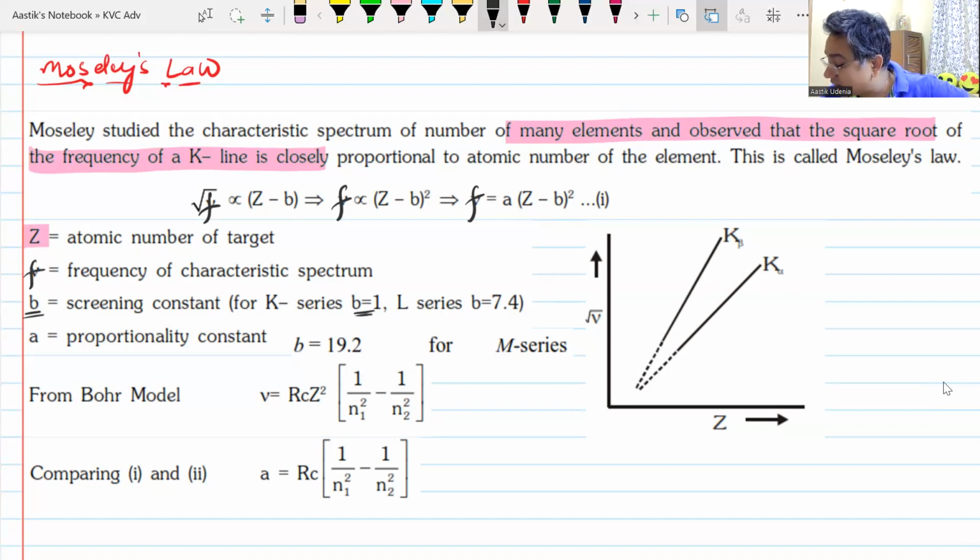For K series it is 1, for L series it is 7.4, for M series it is